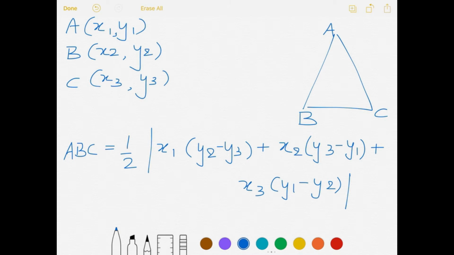Now the easy way, the trick to remember the formula. You remember there is always a circular pattern. In this case there is a pattern between the numbers 1, 2 and 3. 2 comes after 1, 3 comes after 2 and 1 comes after 3. So there is a circular pattern: 1, then 2, then 3 and then again 1. How? Let me give you the idea.